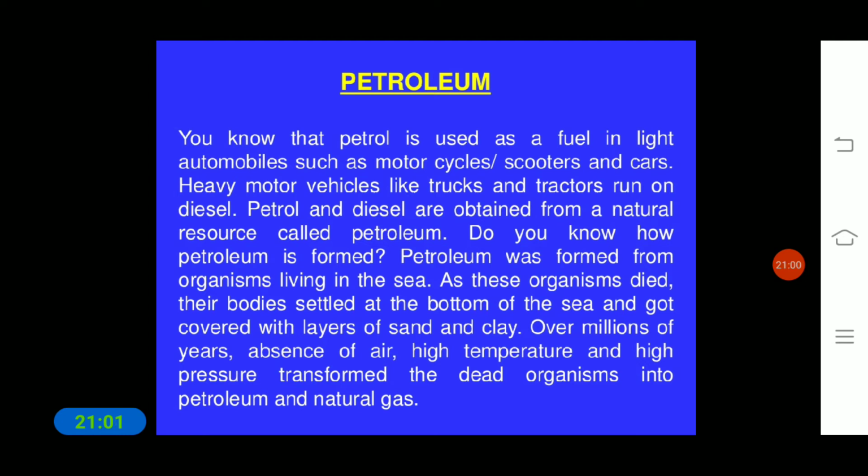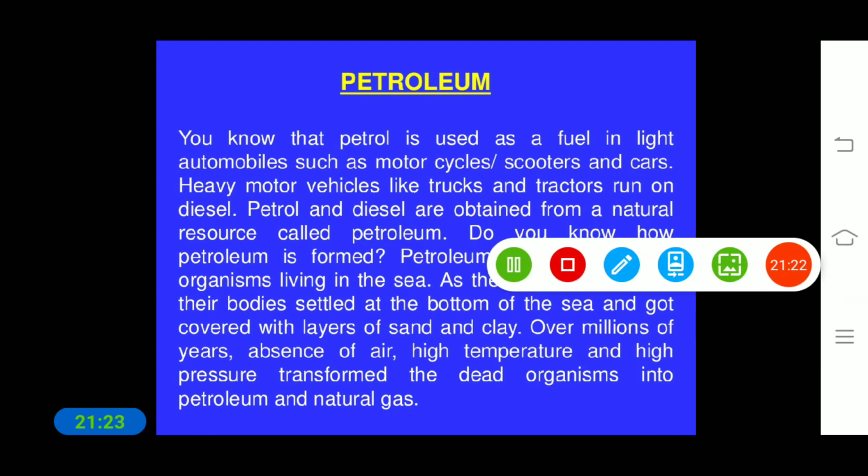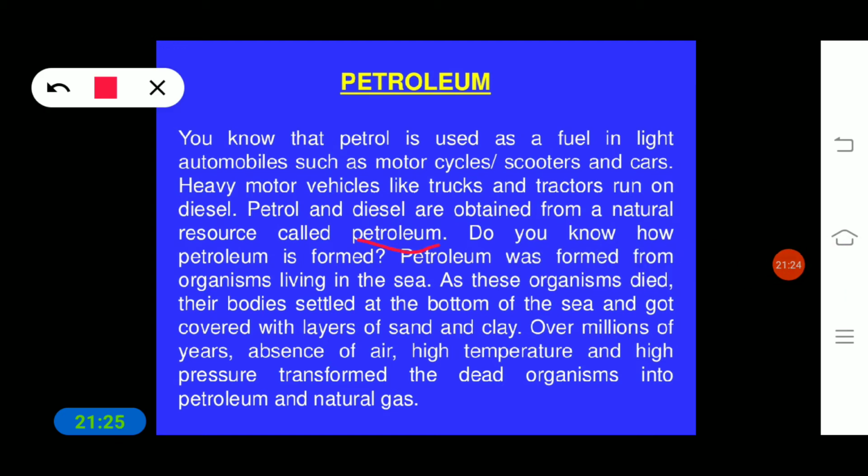Next is petroleum. Children, you know that petrol is used as a fuel in light automobiles such as motorcycles, scooters and cars, and heavy motor vehicles. Trucks and tractors run on diesel, and petrol and diesel are obtained from a natural resource which we call petroleum. So do you know how